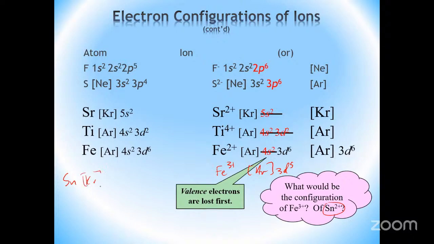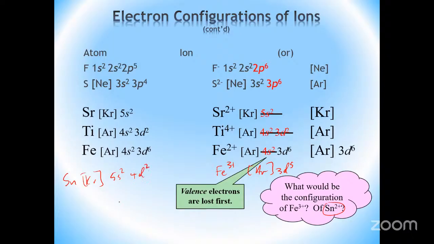And if I remember correctly, krypton is in the 4th row. Okay. So if I'm not mistaken, the electronic configuration of tin would be 5s2 4d10 5p2,